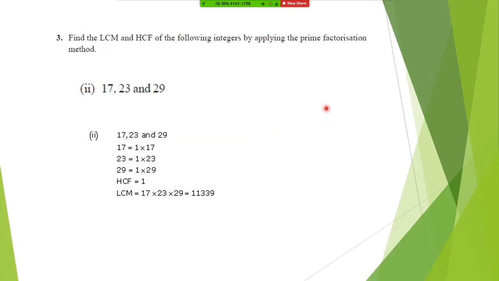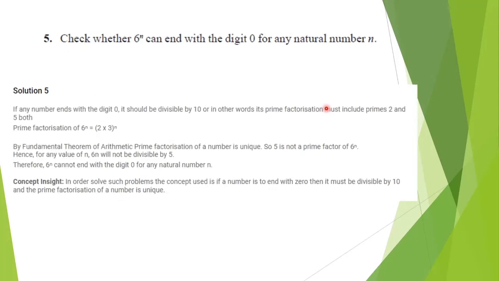Can we proceed to the next slide? Yes, ma'am. Everything is done. You take down everything that I'm sharing. Now this is the type of sum we did in the example: check whether 4 to the power of n can end with 0 or not. Same way, I want everybody to write it down, please.